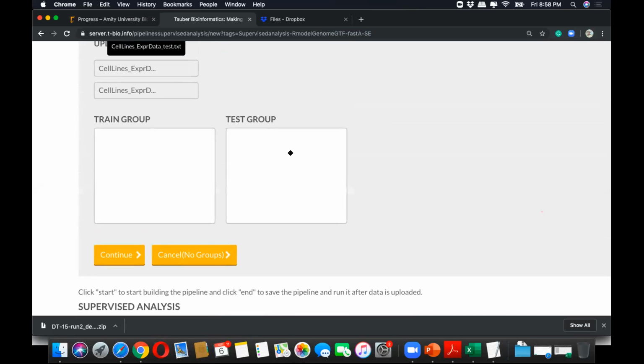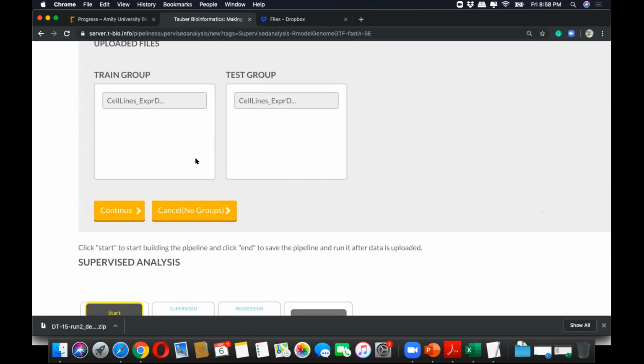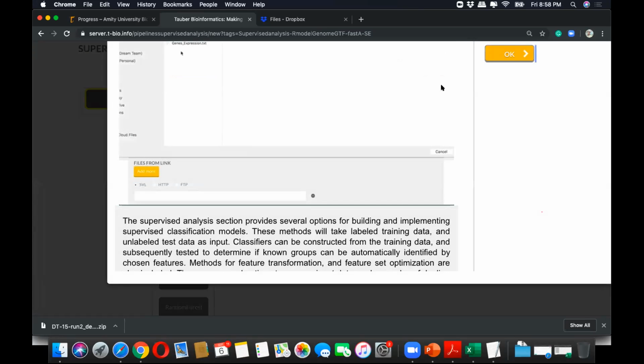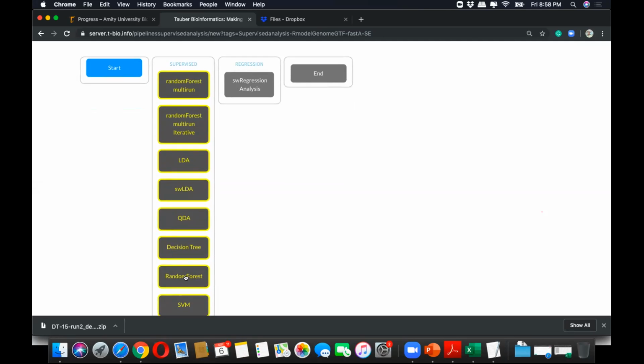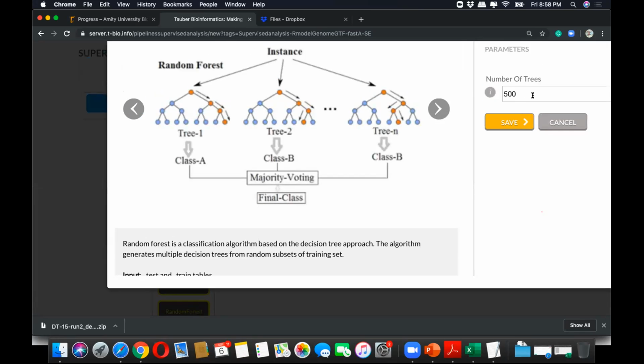And this is the test, I'll put it in the test, and this is the train, I'll put it in the train. This is simple drag and drop. There's no hassle. And I'll start. Okay, so what I'm trying to do is go to random forest. Number of trees 500. 500 is a little too much. I think I should do 50,